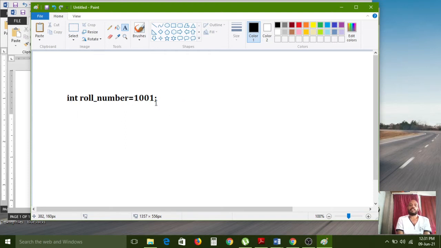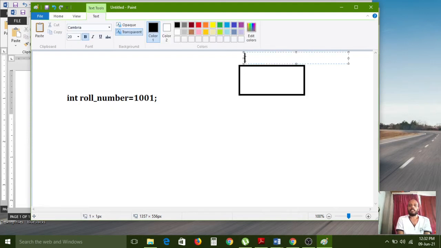When this line is read by the compiler, immediately in the temporary memory, the RAM, it will create one memory location for the roll number. Inside that memory, it will store the roll number 1001.